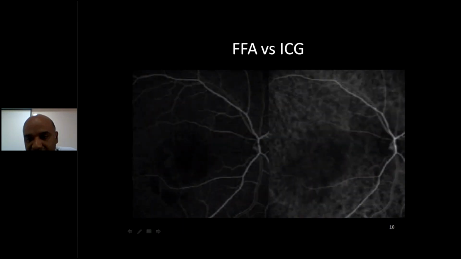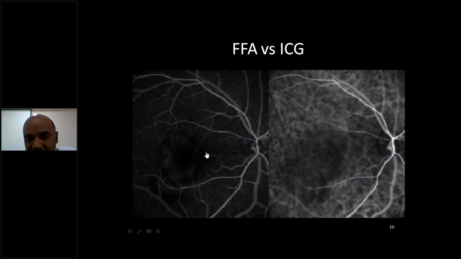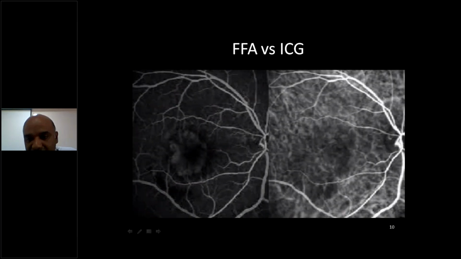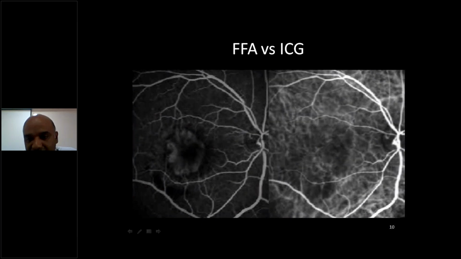I will just switch on the video. You can see the difference. So can you make out the difference on the right side and the left side? In the central part, you can see a lacy pattern of hyperfluorescence which is developing, and this is the deep choroidal vessels where you can see abnormalities of deep choroidal vessels in this particular region, as compared to this, which is the fundus fluorescein picture, and this is the ICG picture.